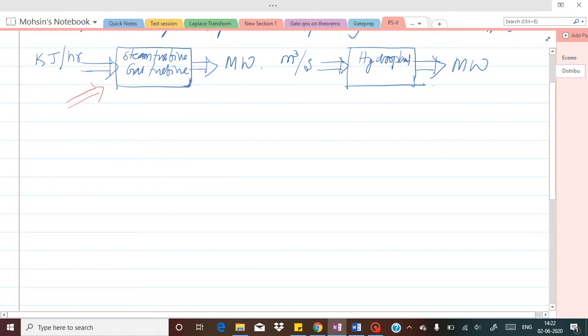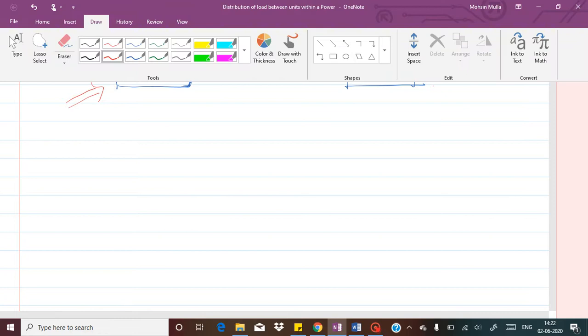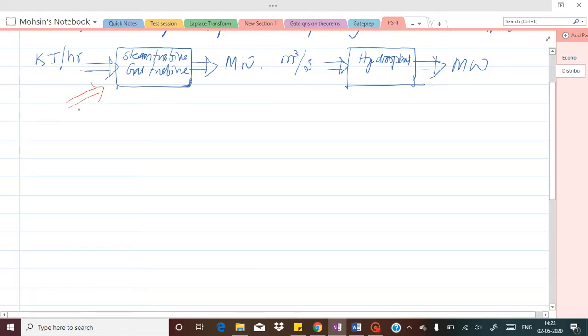Therefore here we need to express the input, or say the cost, in terms of the output. Input might be represented in terms of energy, or the energy required per hour, or the cost incurred per hour. In both ways we can represent it, so that part we'll see later. But now let us first consider a very important term, that is the efficiency. Efficiency at any load can be measured by taking the input from the input output curve corresponding to the load.